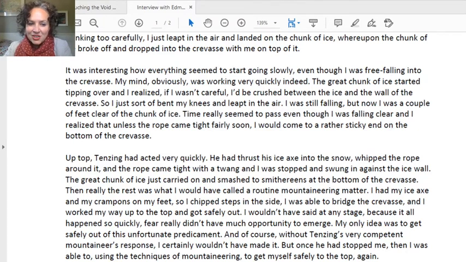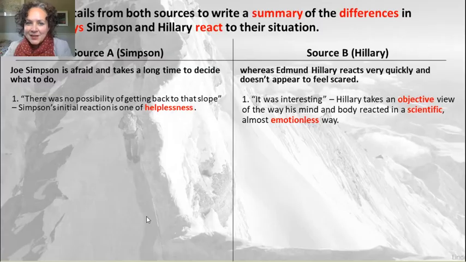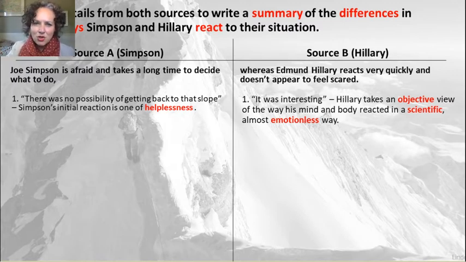And I think that is just brilliant. It's just like, what a confident man. So here I've said, based on that, it was interesting, that quote. Hillary takes a really objective view, like a scientist. He's sort of analysing the way that his mind and body reacted. Very emotionless. He doesn't seem to have any emotion. He's rational. He's almost robotic in the way that he